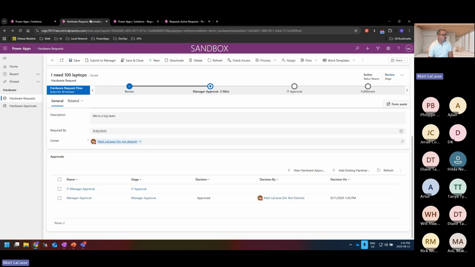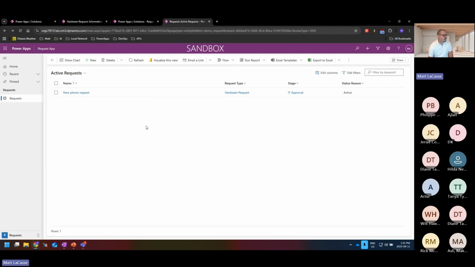So this is our old app here, and now we're into our new app. And instead of having hardware requests, we just have a request table. Sometimes it can be a bit of a challenge to get business users on board because oftentimes they are tied to their system terminology. One strategy I've had when trying to approach projects like this is to have that line of demarcation between what is system terminology and what is business terminology, and that has been a successful approach in the past.